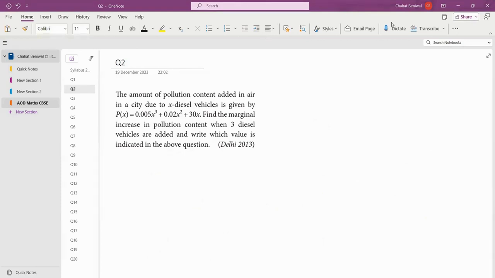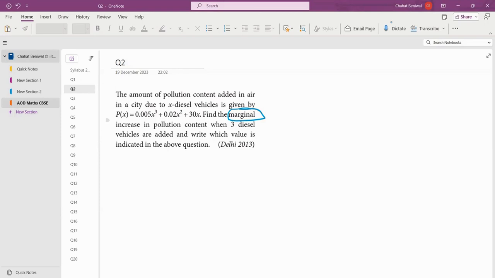So the question says the amount of pollution content in a city with x diesel vehicles is given by p(x), and find the marginal increase in pollution content when 3 diesel vehicles are added. Okay, so this word marginal is CBSE's favorite. This word can be used in any other question, not necessarily for diesel vehicles. Basically, you will be given some function,